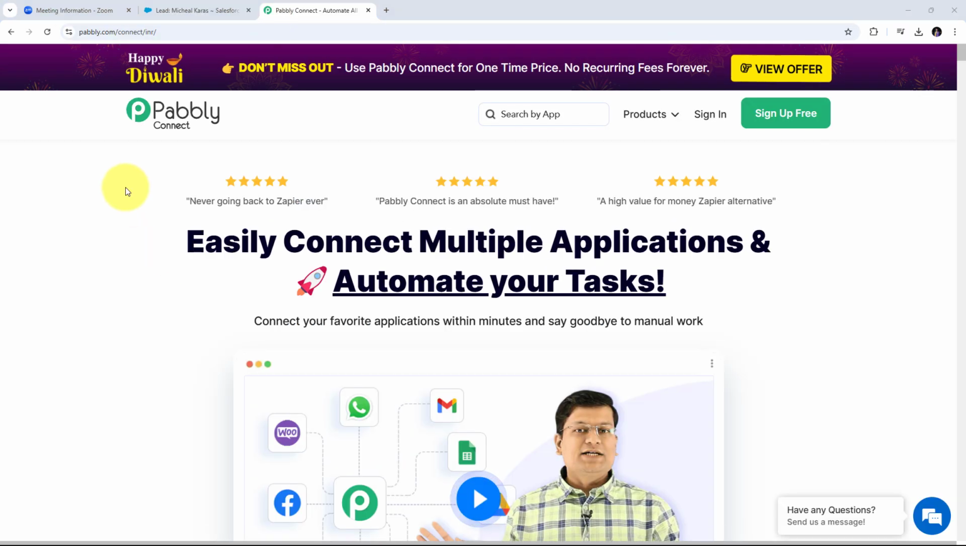And it will take us to this landing page of Pabbly Connect. Now here in the landing page, I have these two options of sign in and sign up for free. If you don't have any account with Pabbly Connect, then you can just click on this sign up for free button, and it will take only 2 minutes of your time and you will get 100 free tasks every month. Or if you already have an account or you are an existing user, then you can just click on sign in